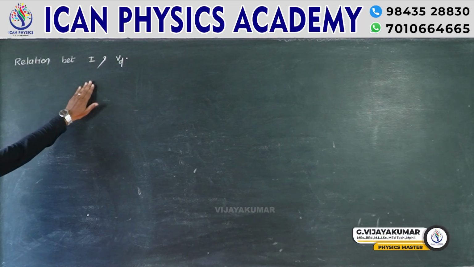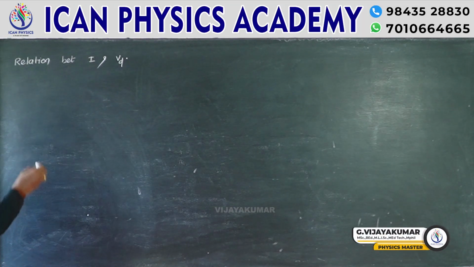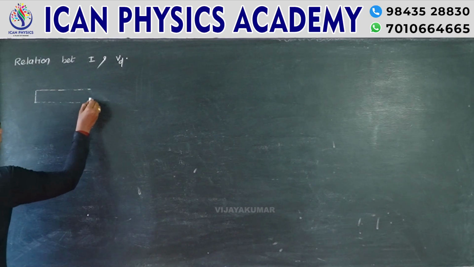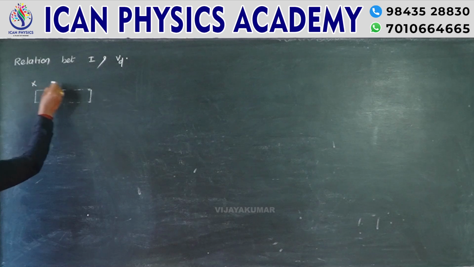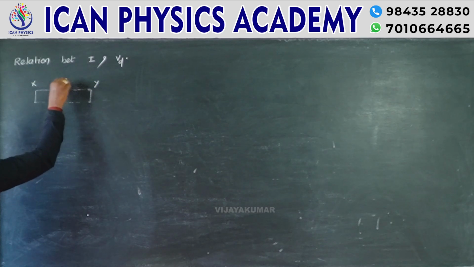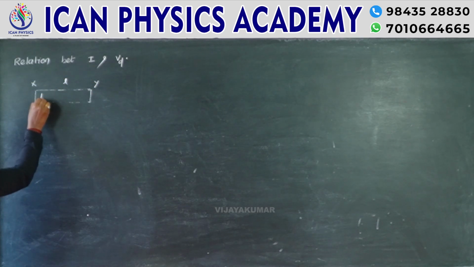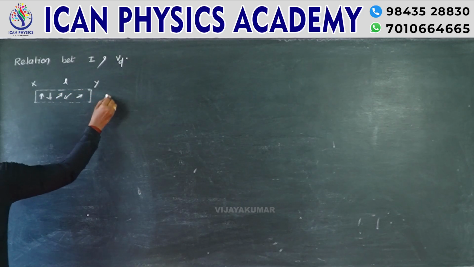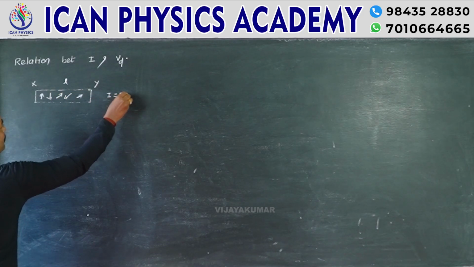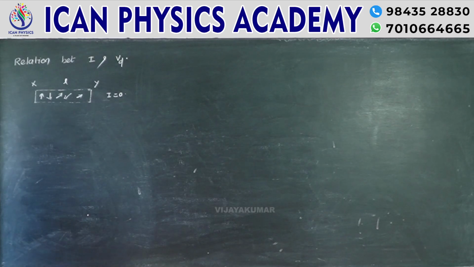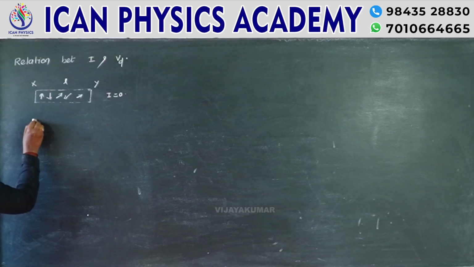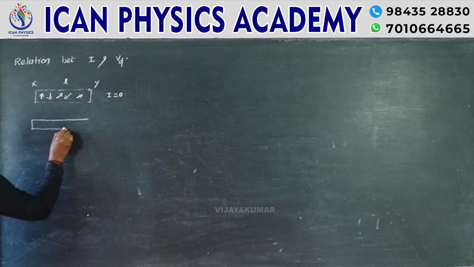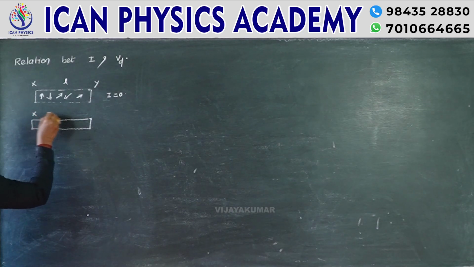Relation between current and drift velocity. Let us consider a conductor XY of length L. Initially the electrons are moving randomly, so the net flow is 0 and there is no current flow. At the same time, the same conductor is connected to the external source,